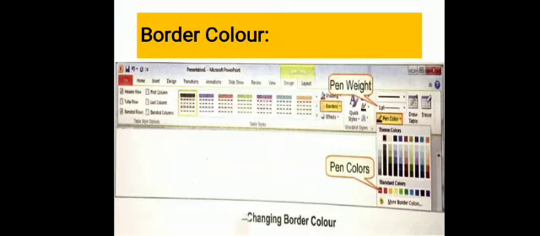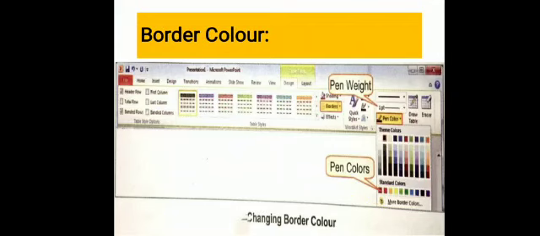A color palette will appear, choose the required color and the mouse pointer changes to a pencil shape. Okay. So click on the border whose color you wish to change and simply drag the mouse on the cell border and then release the button. The line color will be changed.